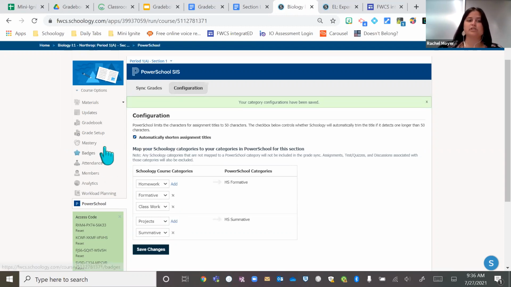Okay, so remember, first step was if you're going to link your sections, link your sections. Part 2 was grade setup. Part 3 is connecting here. Now, one more part to this: you have to do this for every course you teach. So this is Reba's course, and remember, we linked all of her 6 sections together. I have only linked section 1. I have to drop down